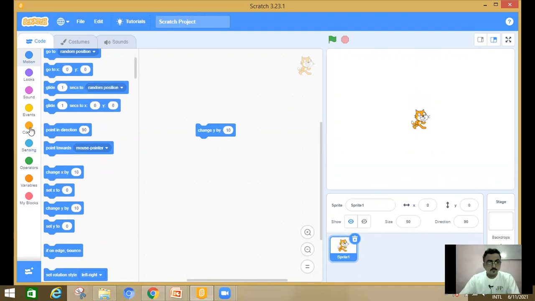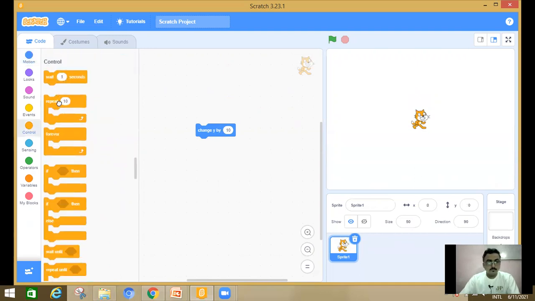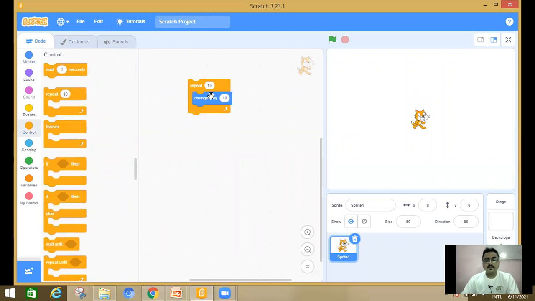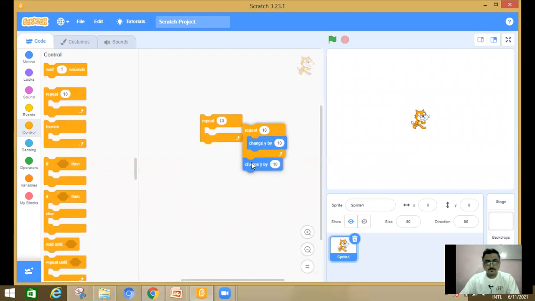So I'm going to go to the control statement, take repeat, and in repeat insert change Y by 10, and I'm going to copy it, and now insert it here by minus 10.